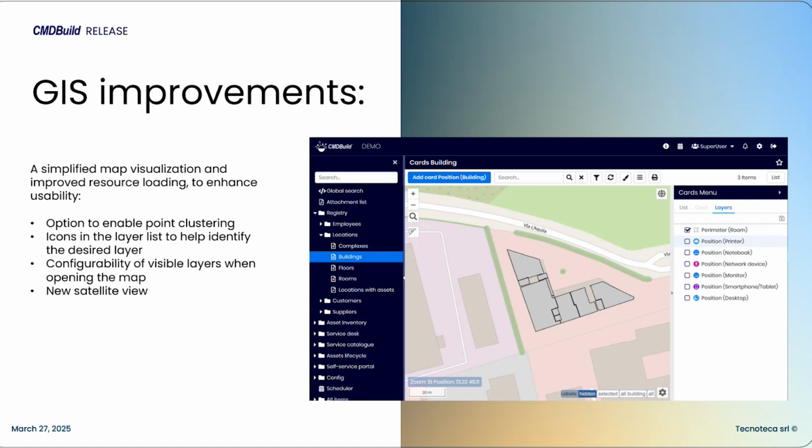First, we have simplified the map visualization and optimized the way resources are loaded on the map. This will significantly improve the user experience, making it faster and more intuitive. We have also introduced an option to enable point clustering. This is particularly useful when dealing with large datasets, as it groups nearby points together, reducing clutter and making the